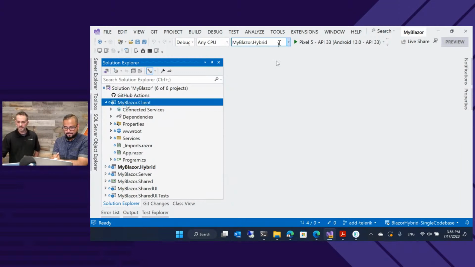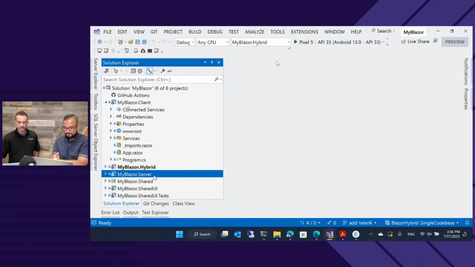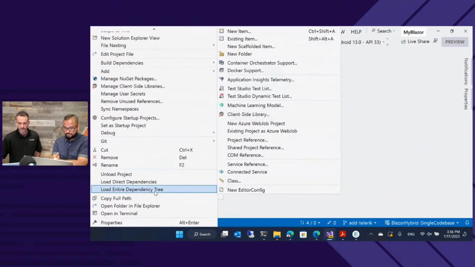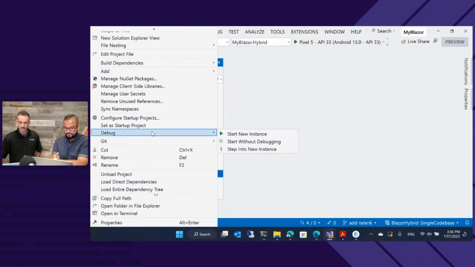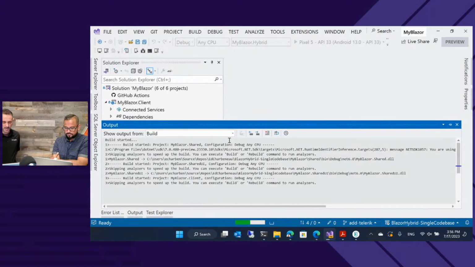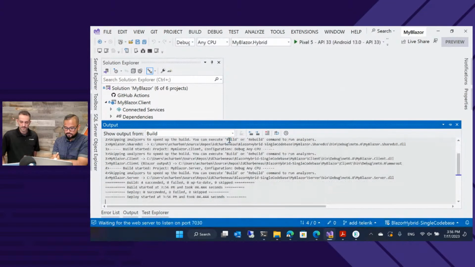All right, so let's see. We want to run server first because we have some APIs that it's going to hit. Again, if there's errors, that's always what I check first. Make sure my server is running. So we'll do start without debugging. We should be able to pull up the browser-based version of the application. And I've got some really cool stuff in here that pertains to mobile, Sam. You're going to really like it.